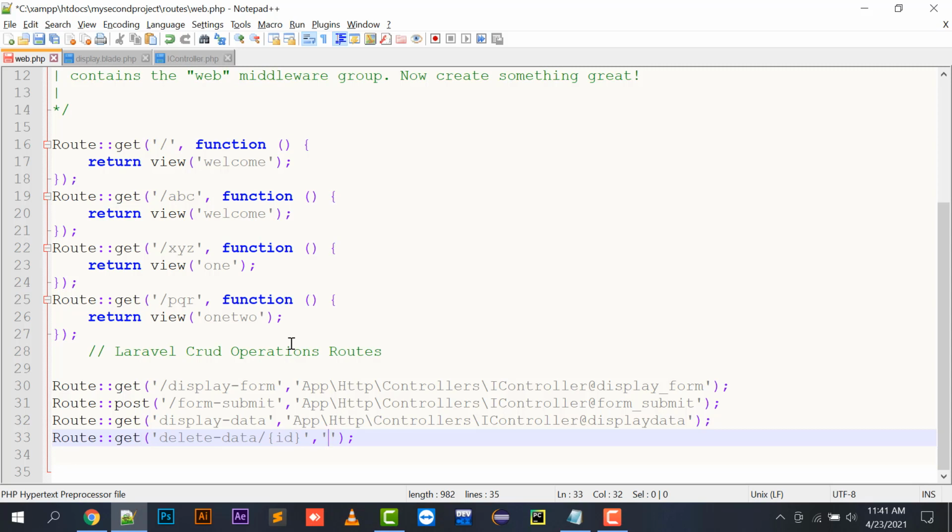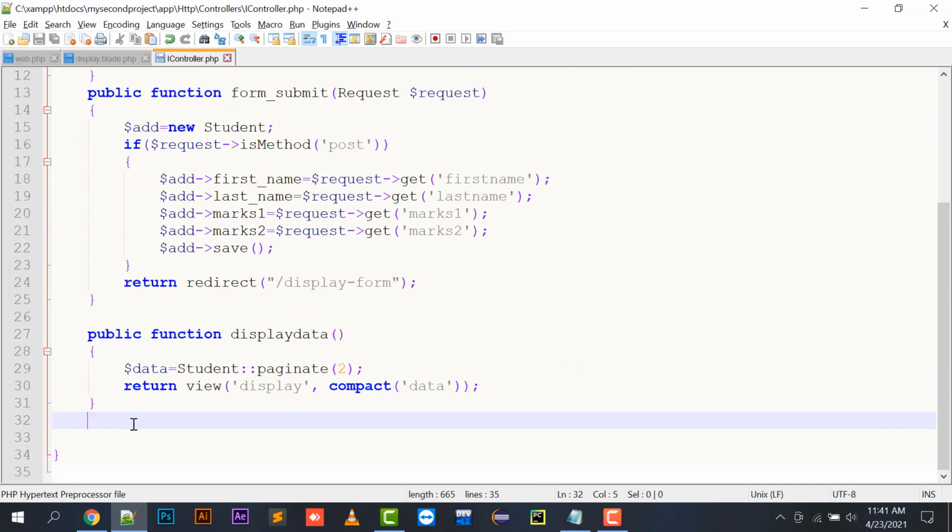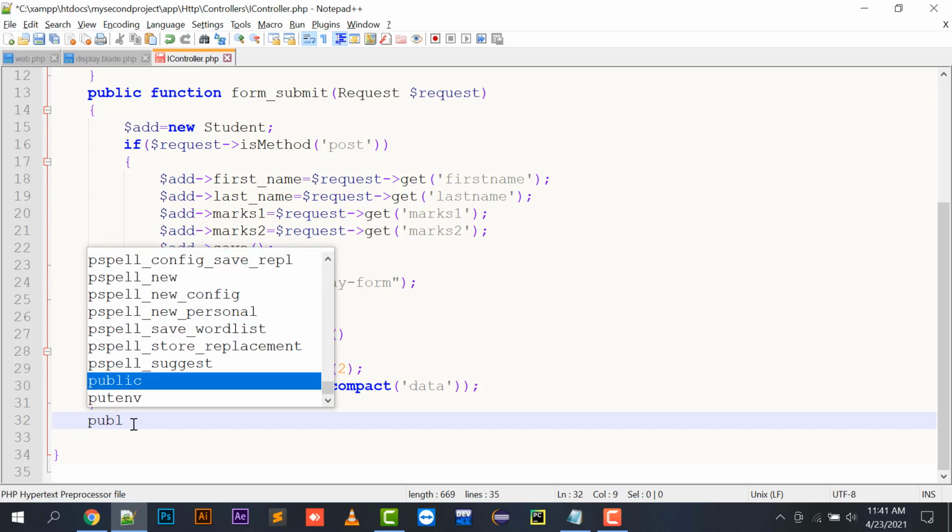When this URL is encountered in the address bar of the browser, it will take me to the controller's delete data function. I'm explaining this again: delete data slash ID, where the ID is dynamic, like 2, 3, 4, any ID. When this route is encountered in your browser URL, it will go to the controller, and in this controller it will move to delete data. So here I have to define a function with the name